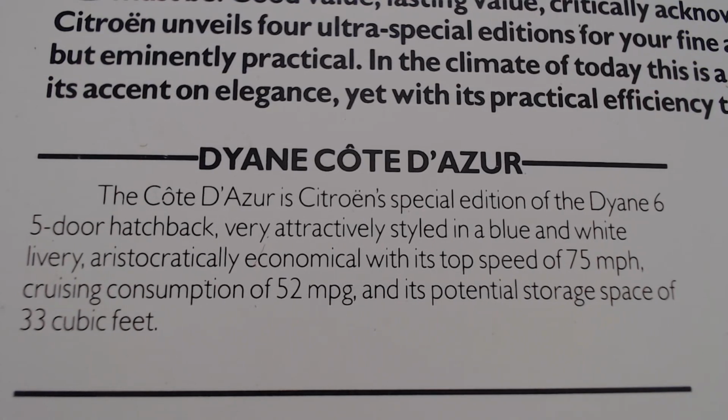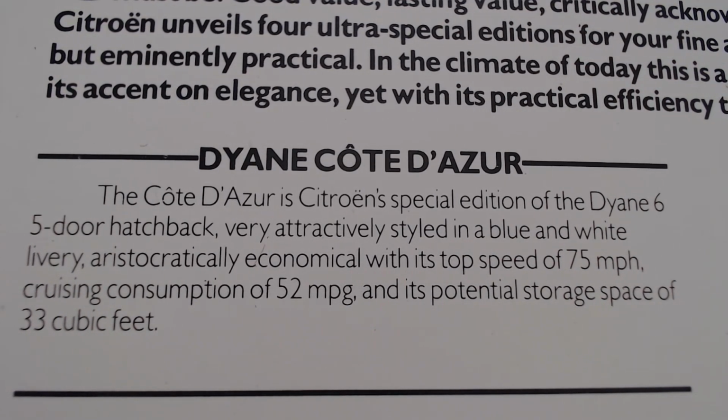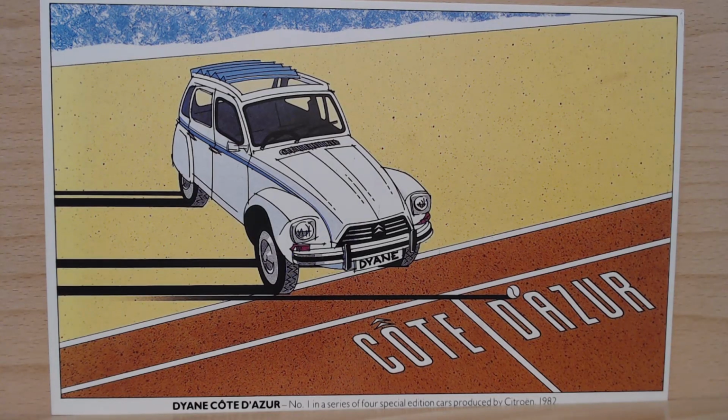Aristocratically economical with its top speed of 75 miles per hour, cruising consumption of 52 miles per gallon and its potential storage space of 33 cubic feet. And here is a nice little drawing of it. Strangely, nowhere are actual photographs. They're just these interesting drawings. The Dyane Côte d'Azur, number 1 in a series of 4 special editions produced by Citroen,